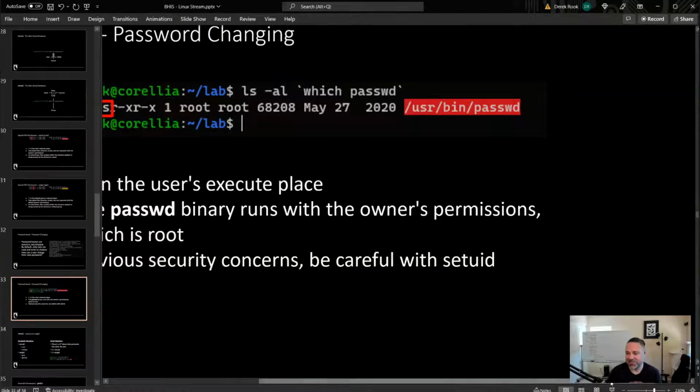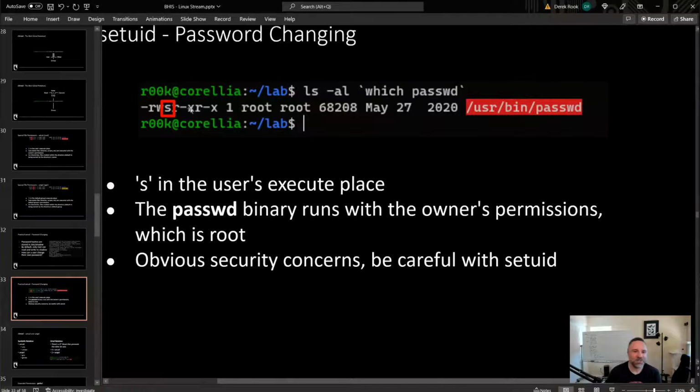Well, if we look at the passwd binary, it's actually got the setuid bit set in the user, which means that whenever somebody runs this binary, they're running it with the permissions of root, which allows them to go in and, under very specific situations and circumstances, change their entry inside of the /etc file. So everybody uses the setuid functionality without necessarily knowing it.